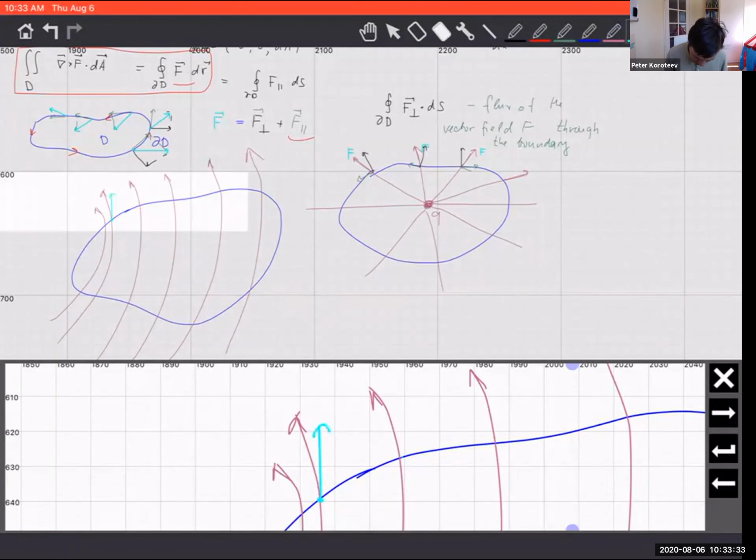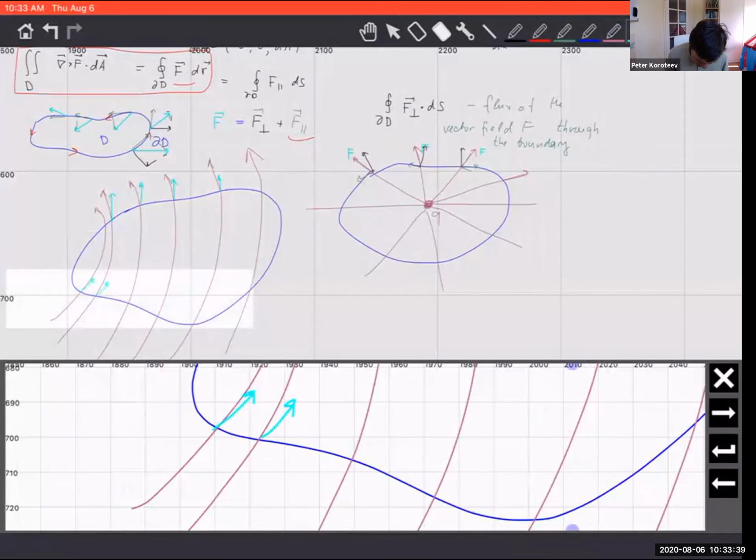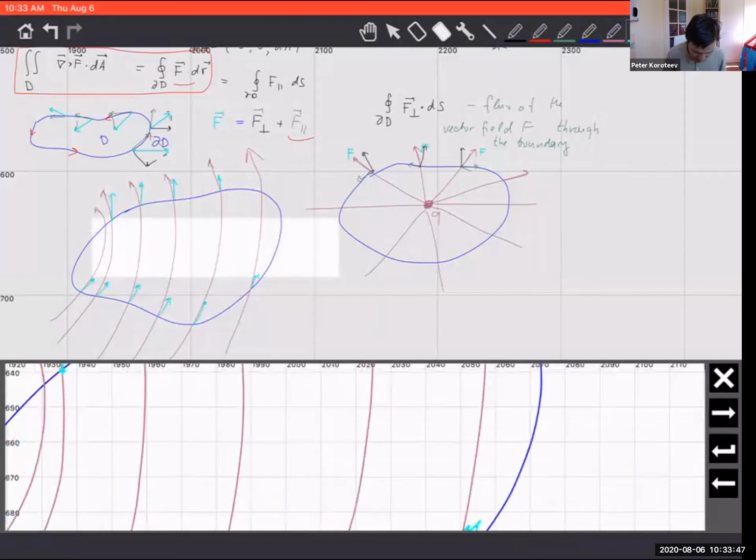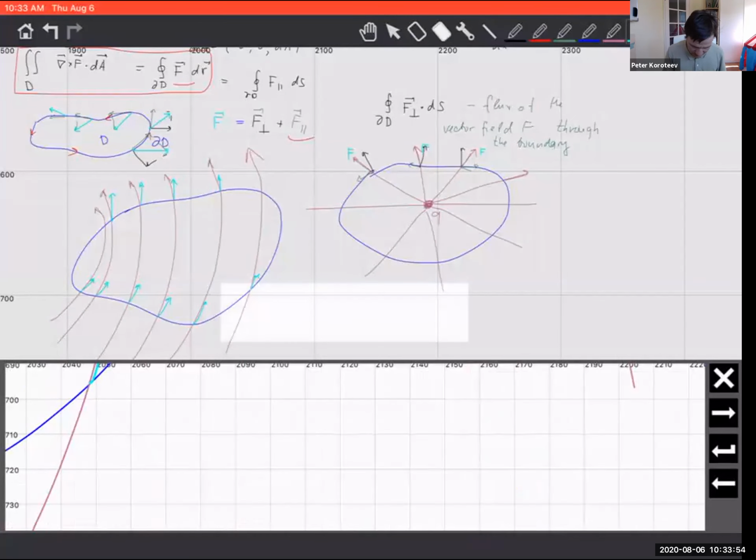So in particular, here F goes like this, and here it goes inside. Inside there are no sources, so every field line will go in, and it will go out. So it would be reasonable to assume that the flux here